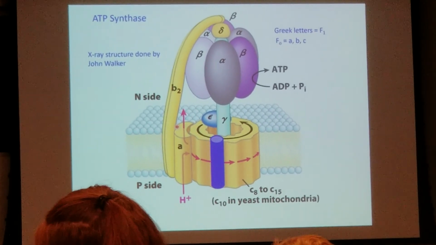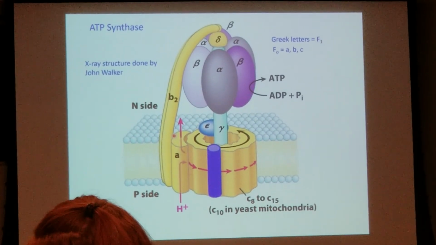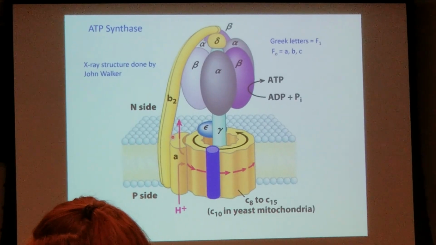So another way of saying this is, you can't have a naked proton with a positive charge go through a membrane unless there's a negative charge